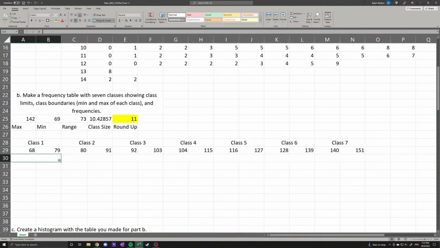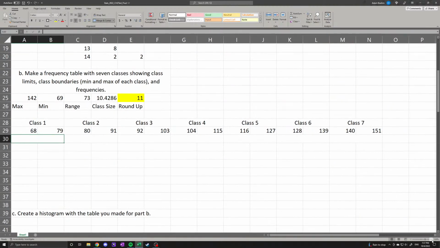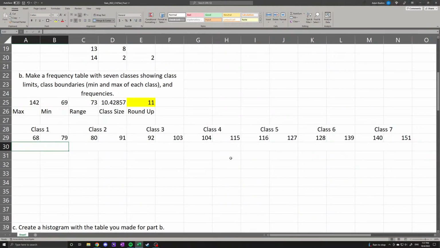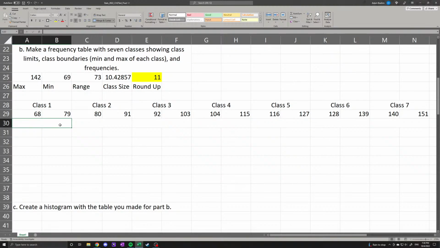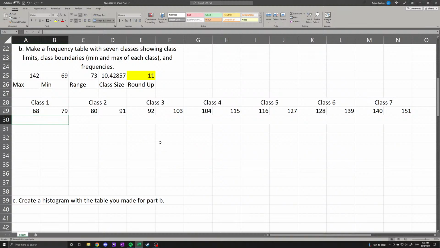All right, so the way we do that, and I'm going to zoom in a little bit more just so we see it. Actually we do need that data, so I'm going to zoom out just a touch. All right, so we're going to do equals, and we want Excel to count the number of data points that show up between 68 and 79. So we do equals COUNTIFS,